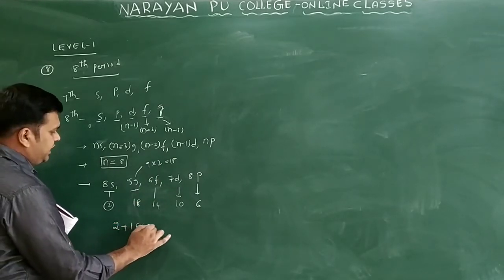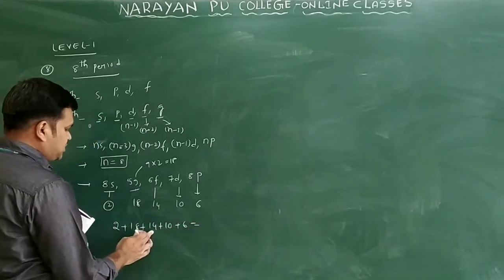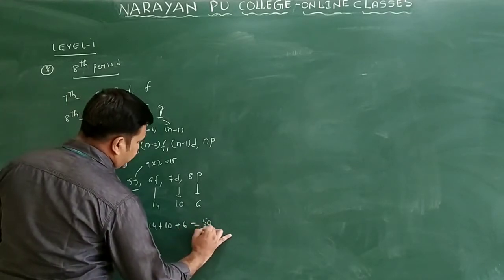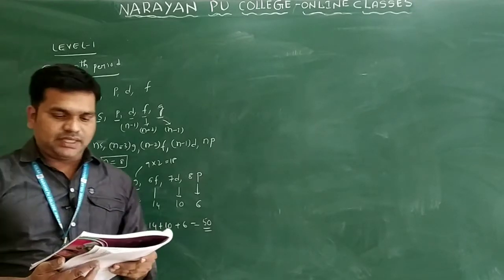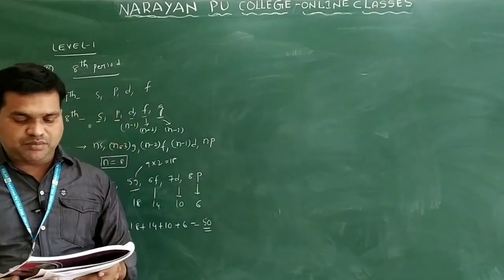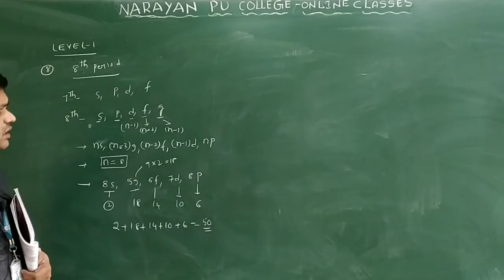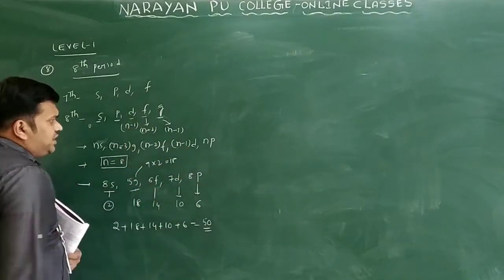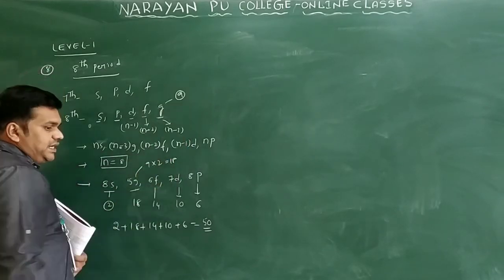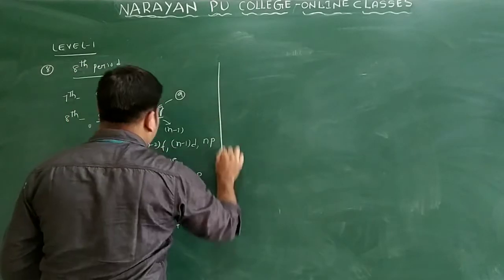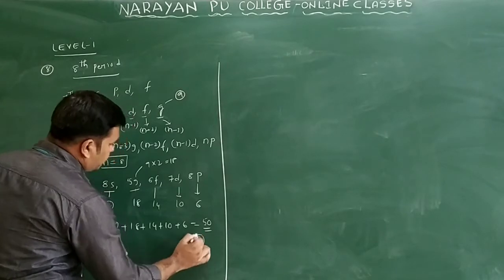2 plus 18 plus 14 plus 10 plus 6. This is 16, this is 30, 30 plus 20, how much? 50. How many elements can be present in this 8th period? There are 50 elements. Clear? We generally did not discuss up to g earlier, but g is also present. The g orbital, how many I told? 9 only, so 9 into 2 we get 18. So this is regarding question number 8. 50 means we will take option 3 only.